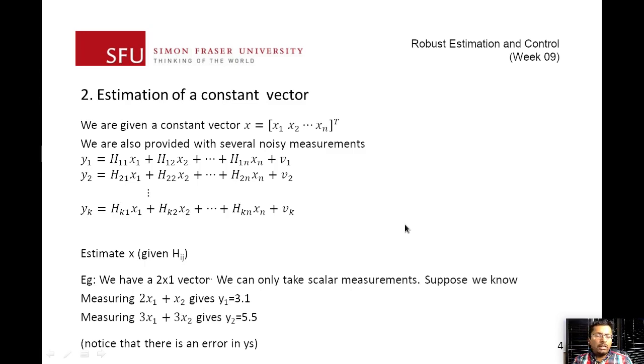We'll see shortly that if the number of measurements you have is less than the number of vector elements, or basically if k is less than n, you can't really solve this problem. It's like saying, okay, I give you a single measurement. For instance, at the bottom, if I just tell you 2x1 plus x2 is equal to 3.1, and then ask you to solve for x1 and x2, you can't really solve this, right? I give you only one measurement, and there are two things you need to estimate. The best you can do is try to estimate x2 in terms of x1.